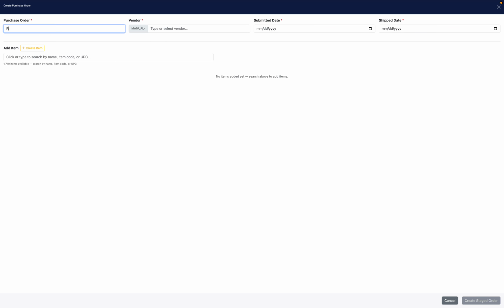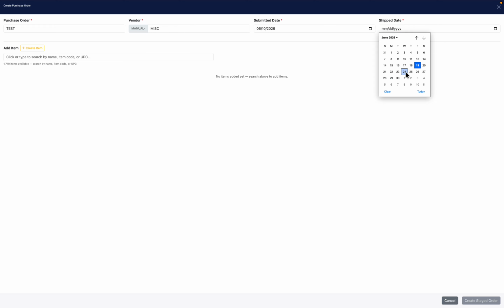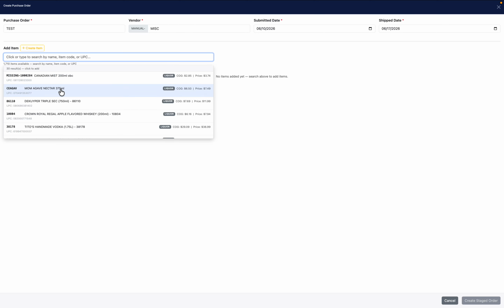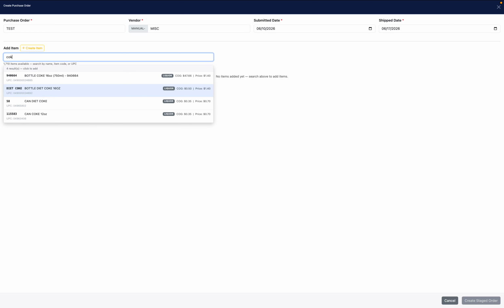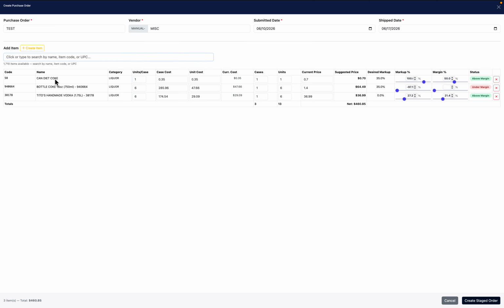So you can type in the R number or really anything. So I'm just going to do test for this. Vendor, I'll do miscellaneous, and then you can even do the date you submitted it and then the date that it was actually shipped. And then right down here you can add any item in your inventory. So say you got some Coke from the gas station, bottle of Coke, whatever it may be, Tito's, doesn't matter,